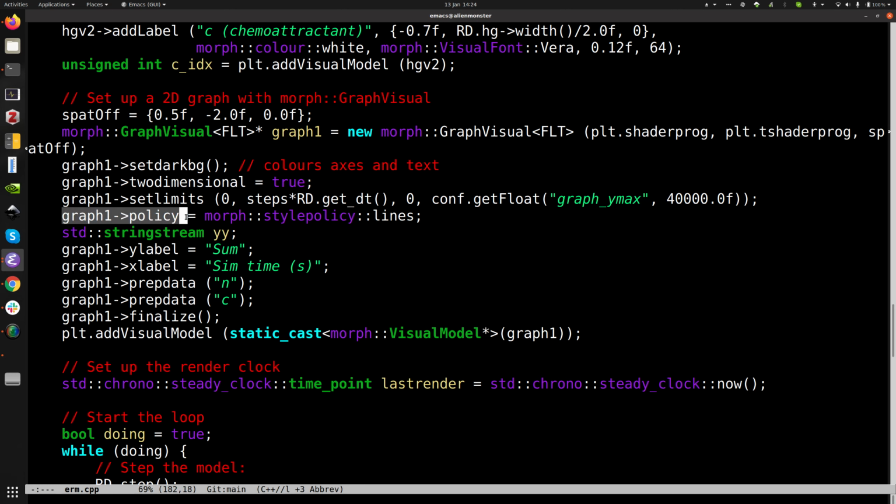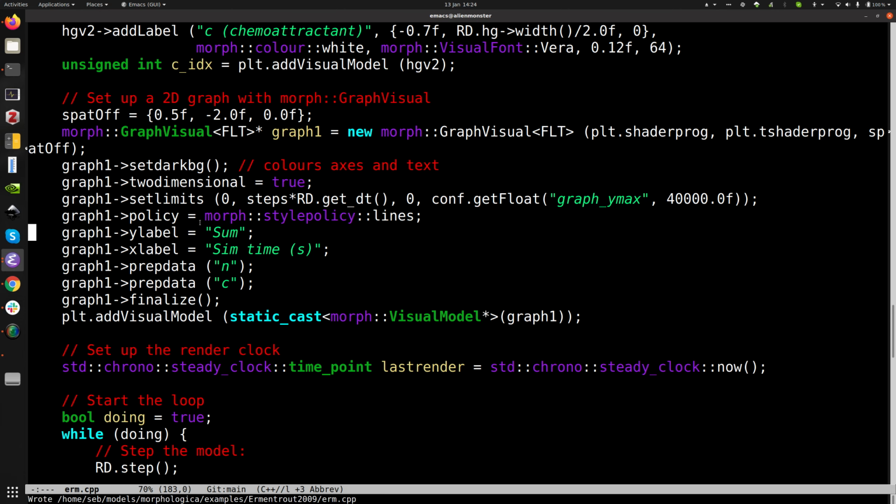I say that the policy for this graph is a style policy of lines, so it's a line graph rather than a line and dot graph. There are various other options for that. You'll find them in the documentation. And then I'm going to make, let's see, looks to me like YY isn't used there. No, that's unused. Okay, so then I set the X label and Y label for the graph,